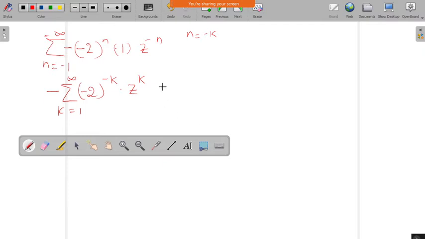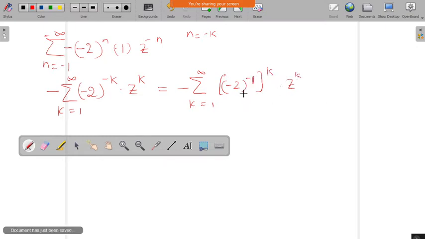So this will be equal to minus, k equal to 1 to infinity, and then